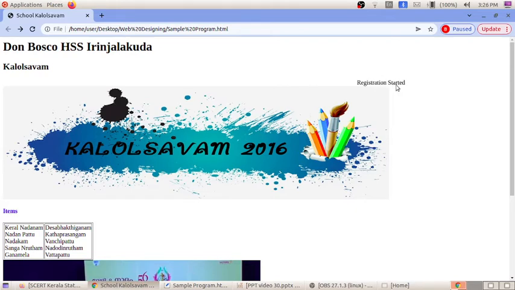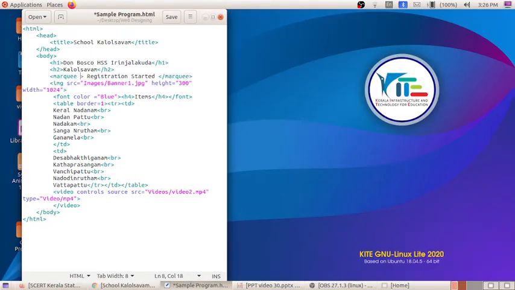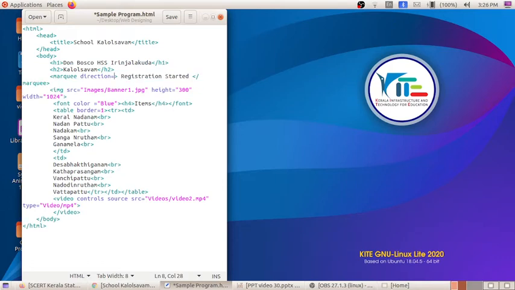Now by default it will scroll from the right to left direction. If you want to move it in the opposite direction, we can change it over here. We can give the particular direction over here. How can we do that? It is already given in the code. Here we can write marquee direction is equal to right, like that we can give.